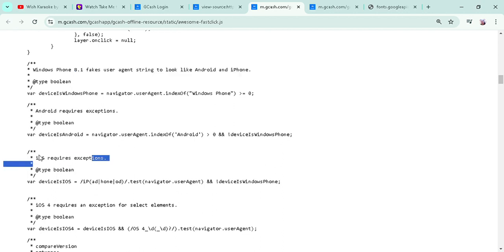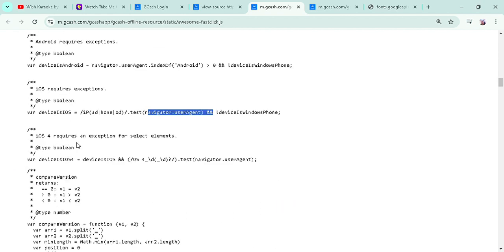And iOS requires exemption. The type is Boolean. The var is iOS. The iPad, phone or the tablet, you can use that in the navigator, the Windows Phone. And then iOS 4 requires it for select elements, the type is Boolean.